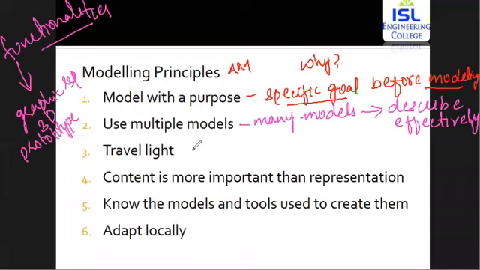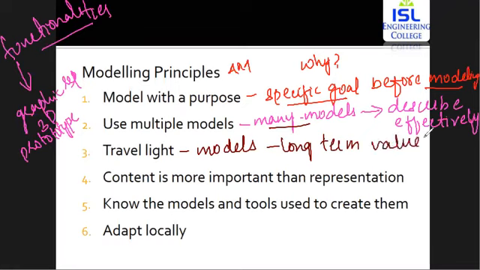Then the next one is travel light. As you have developed multiple models, you're going to keep only those models that provide you with long-term value and have the main features. As you have seen, you've got graphical representation, 3D and prototype.